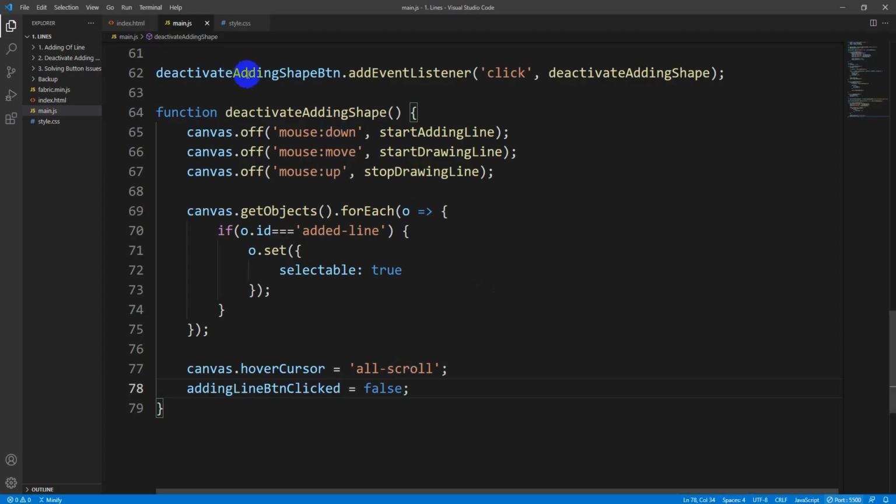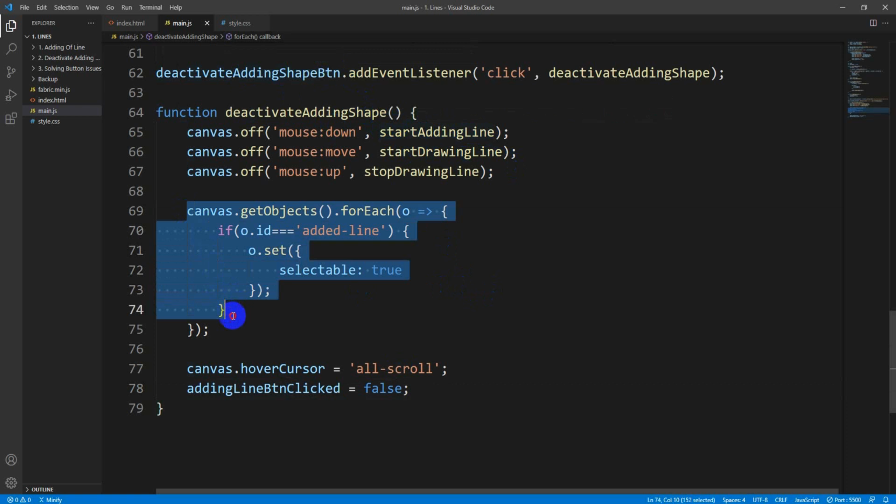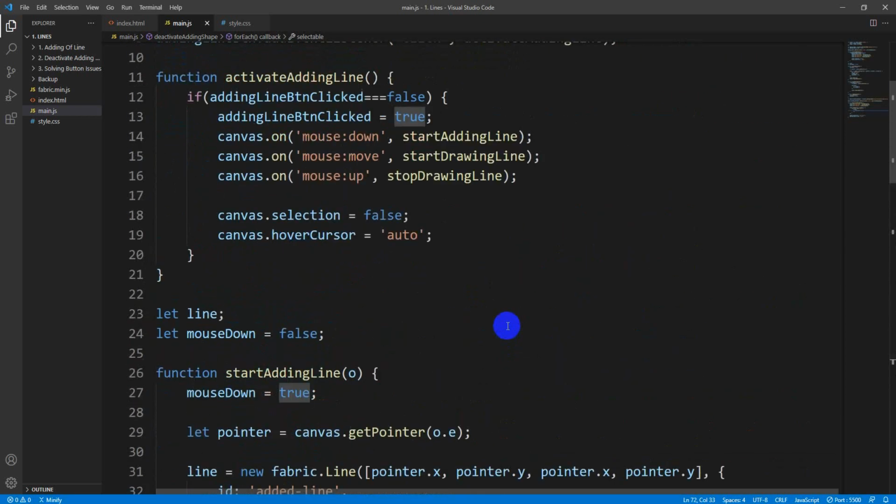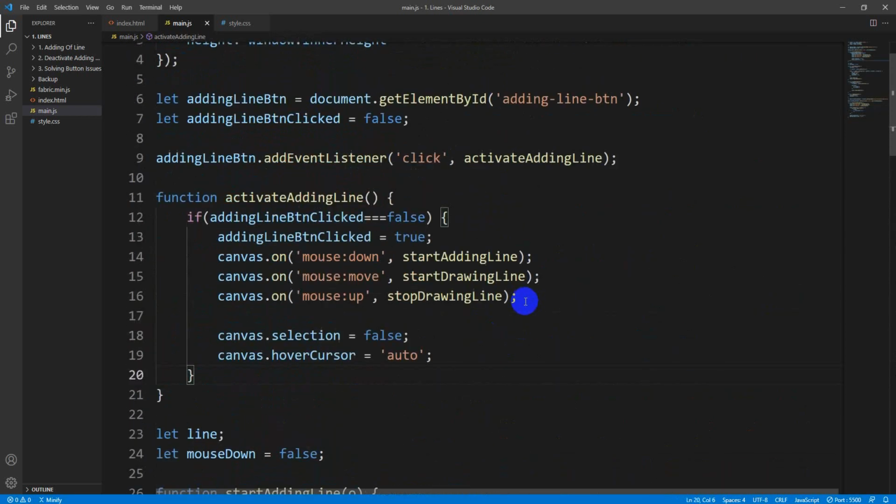So over here, okay, this deactivate button, when I press it, alright, these lines of coding over here make all the lines that have this ID, added line, selectable because we set it to true. So we just copy this coding and we have to put it in the add line button over here.